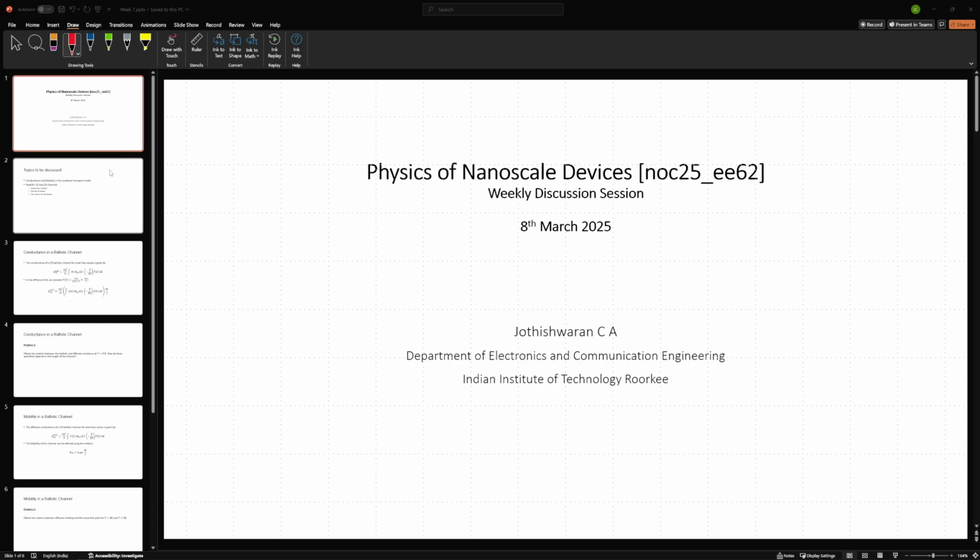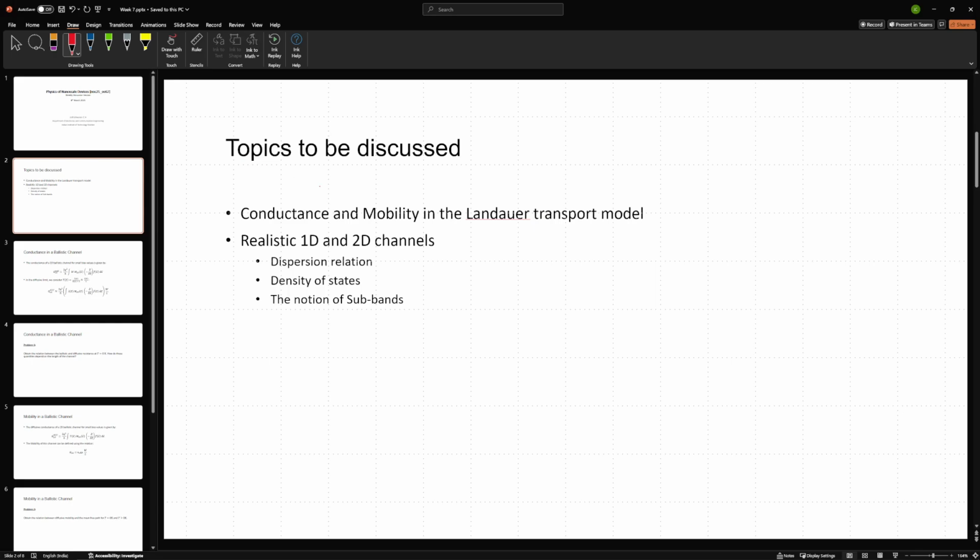So, in this week, we shall be continuing essentially from where we left off, and we shall finally come around to summarizing the notion of conductance and mobility in the Landauer transport model. So, last week, what we had done is we had considered the idea of a ballistic,